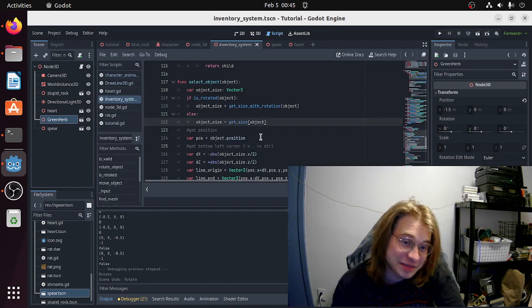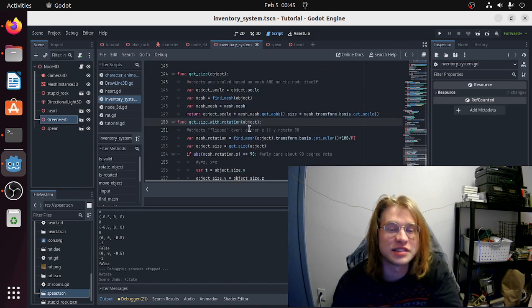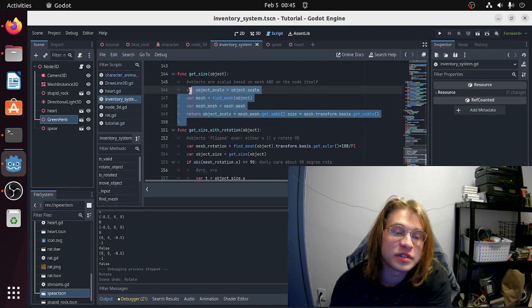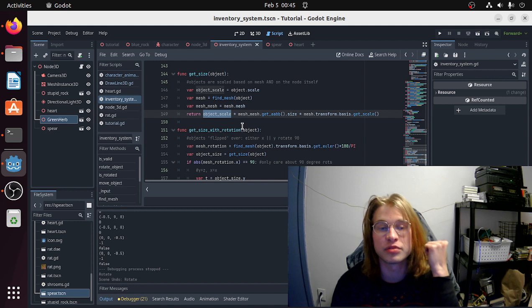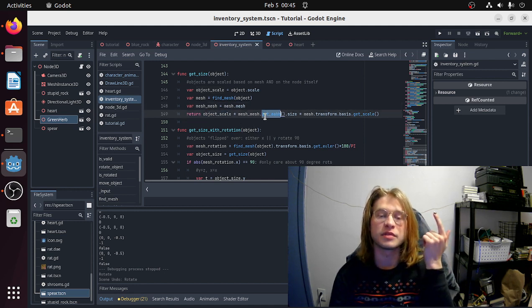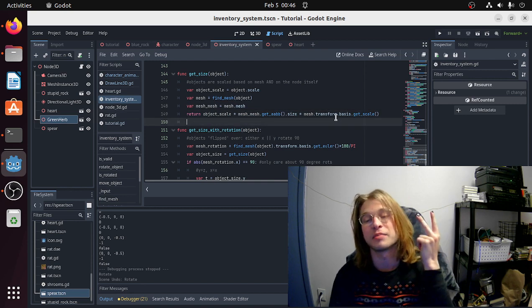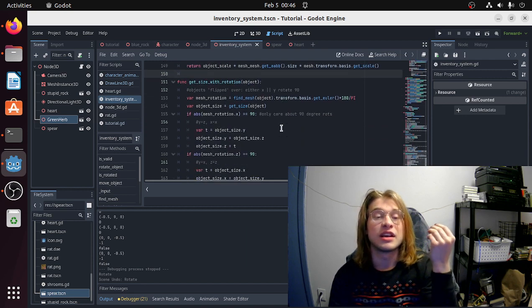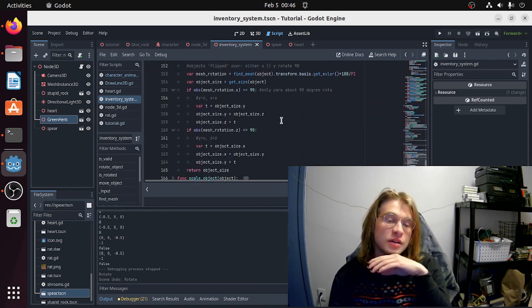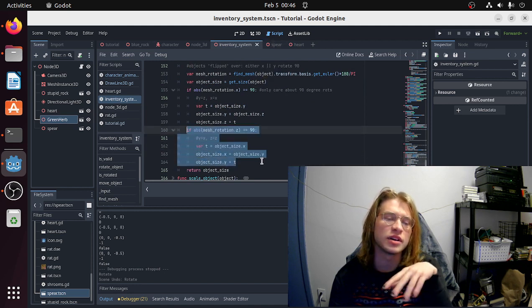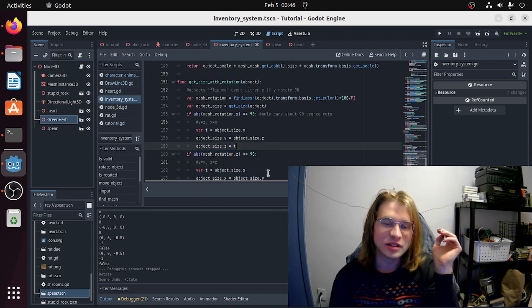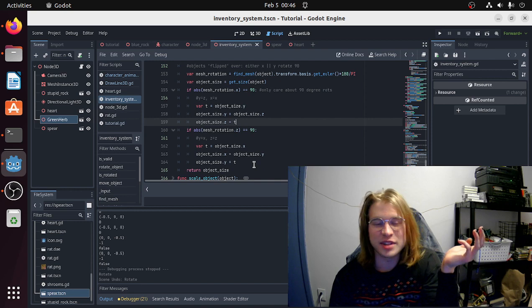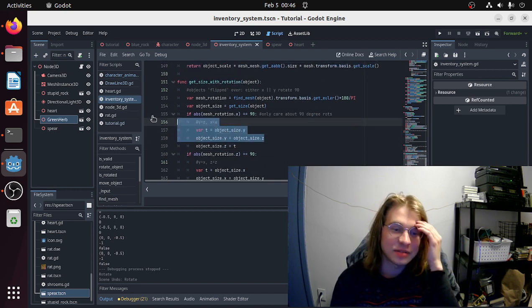So that means get size with rotation. I wrote a function where, earlier, we saw that we get the Node3D parent object's scale times the mesh's size times the mesh's scale to get the object's size. But if there's a rotation in the x-axis, and honestly, this is never even going to be called, I just wrote that for fun, because I'm not going to have any objects rotate on the z-axis at all, but for the x-axis,